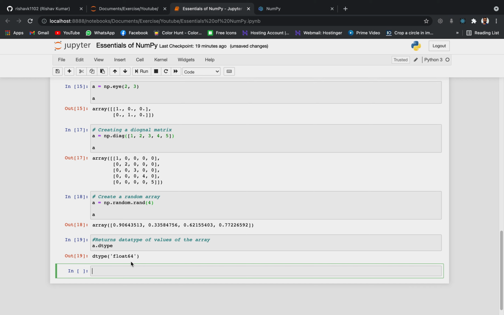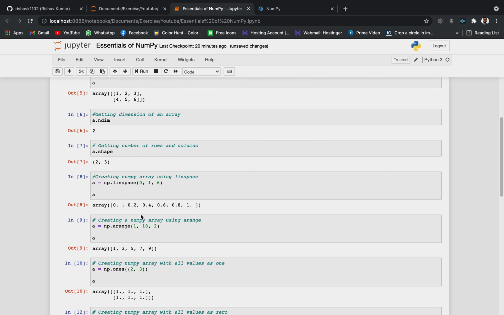Now we can also typecast the data type in an array. So let's see how to do that. We simply write a is equal to np.arange. We have seen this to create a numpy array, 10, and then I write int64. I'm sorry, over here I need to write dtype is equal to int64, so it is a named parameter.